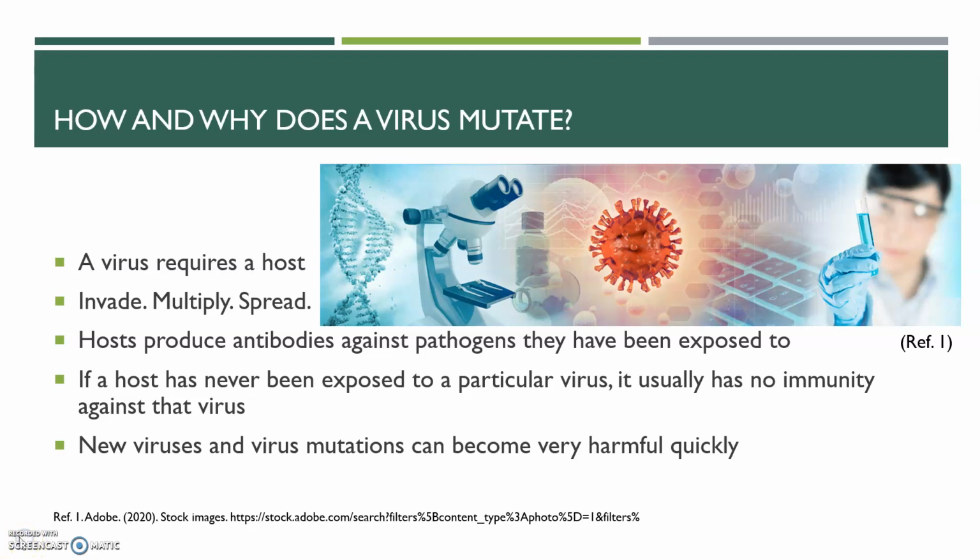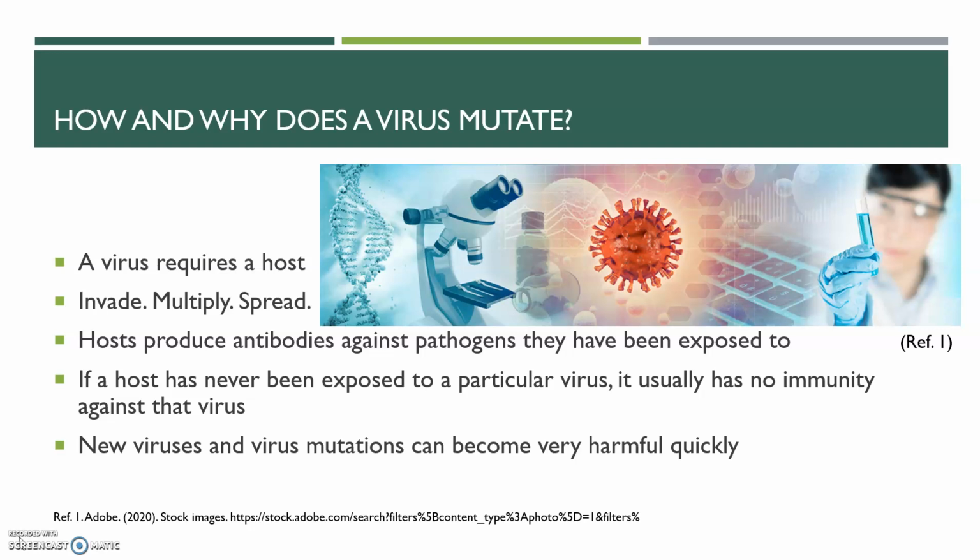One way a host can protect themselves from a virus is to develop antibodies to it. Antibodies lock onto the outer surface of proteins of a virus and prevent it from entering host cells. So if a person has had, for example, a disease like chickenpox, they cannot get it again because that same strain of the virus is now prevented in the host's body.